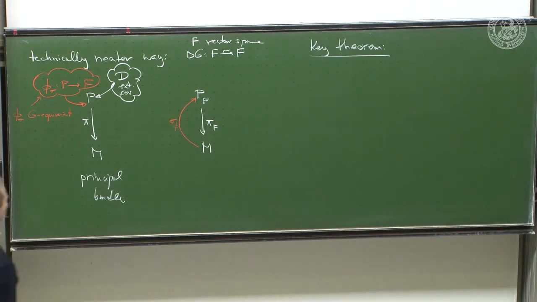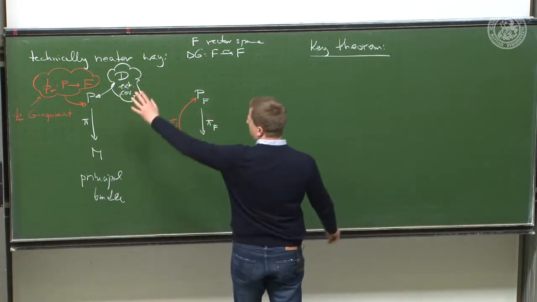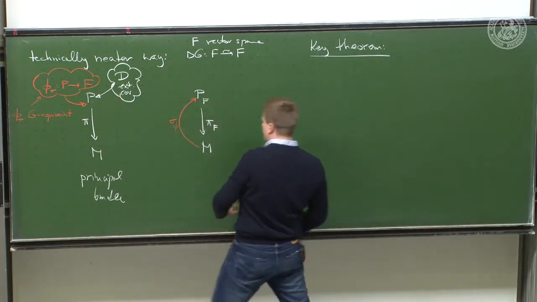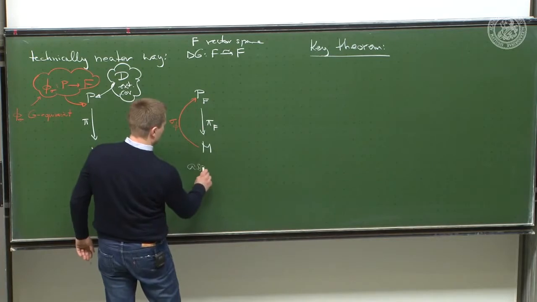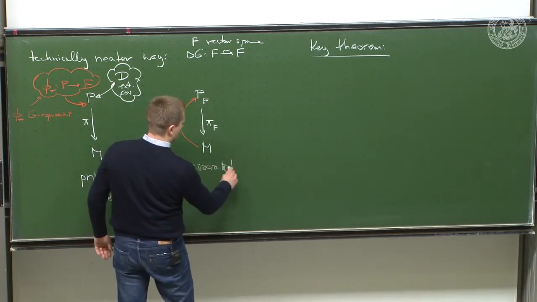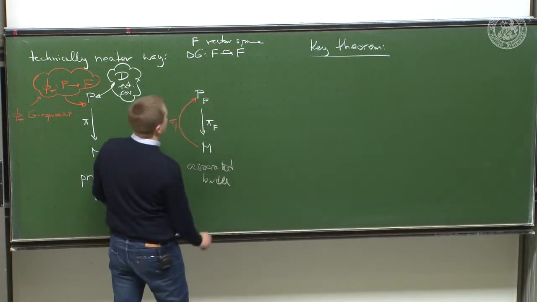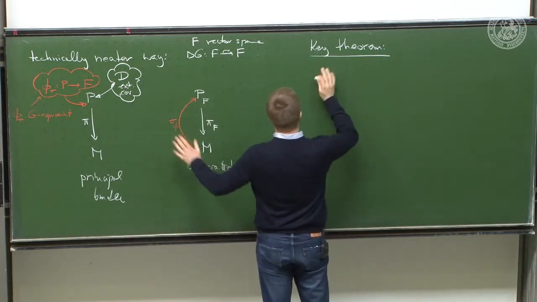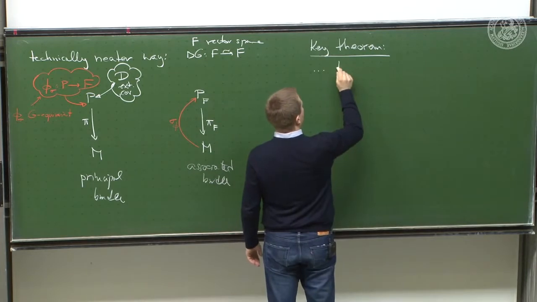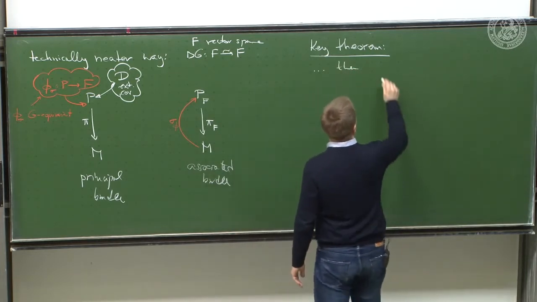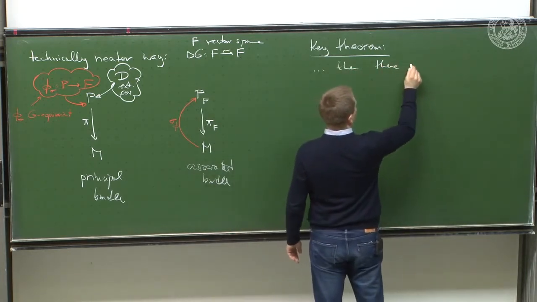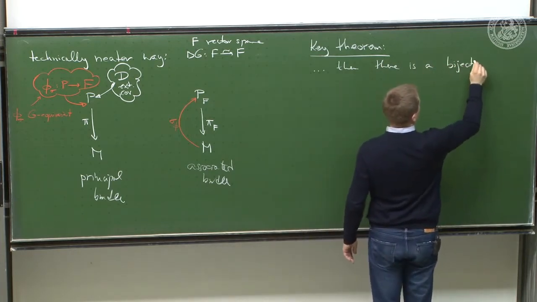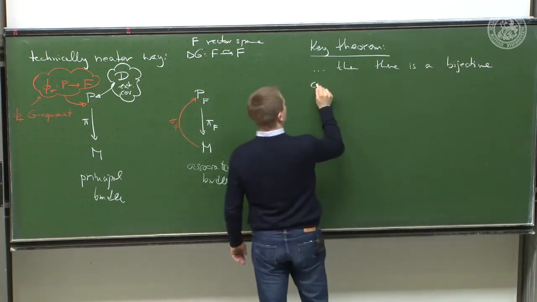So the key theorem is that if P, pi, M is a principal bundle, and P F M is an associated bundle via the definition of this left action, then there is a bijection, or a bijective correspondence